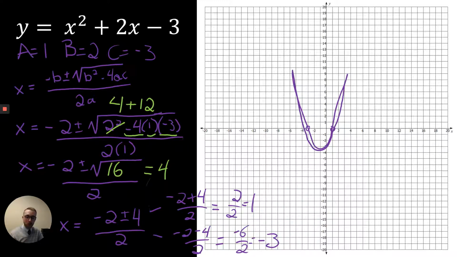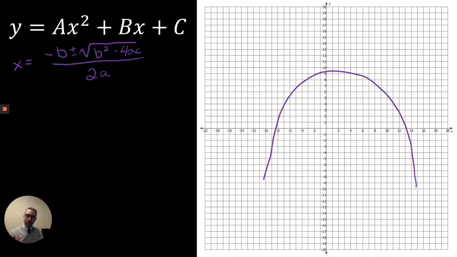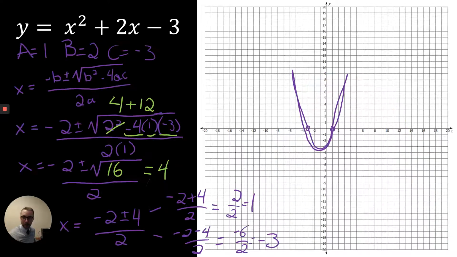It looks much more intimidating if I go back to this, and I'm just looking at -b plus or minus square root of b squared minus 4ac divided by 2a. If I'm just looking at that, that is very intimidating because there's a lot of things going on there. But once I substitute my values, and then I just start following the order of operations. You know, I take care of all my parentheses, I take care of all my brackets first, and then I look for all my multiplication and division, I look for all of my addition and subtraction, and I just kind of continue going